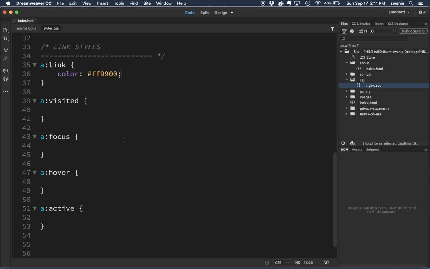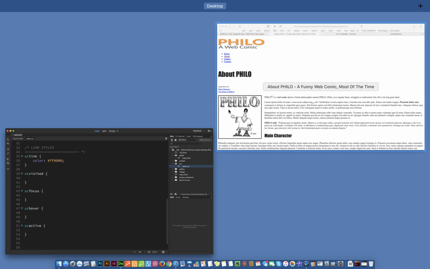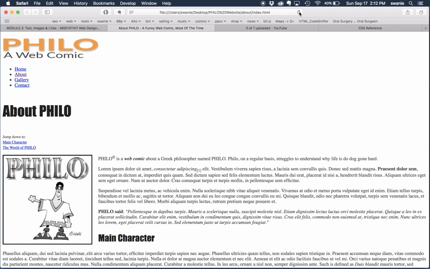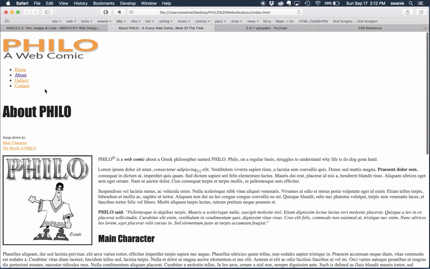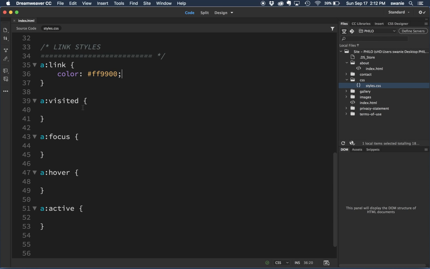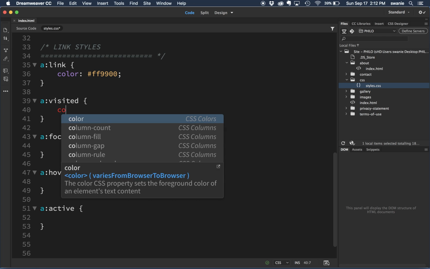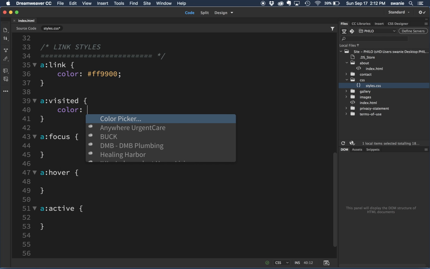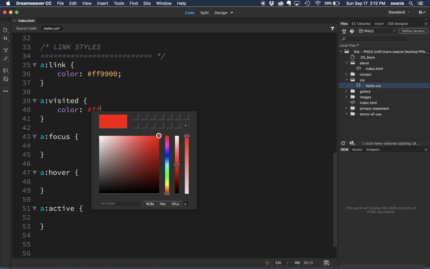So I'm going to go ahead and hit save. I'm not going to change any of these yet, but let's just see what this does. So we hit refresh, and now everything that was blue is now gold, that FF90, except for this visited link. It's usually a good idea for your visited link to have a slightly different color than what you had before. It doesn't have to be entirely different. It can be really close, but maybe just slightly different, so it gives some clue